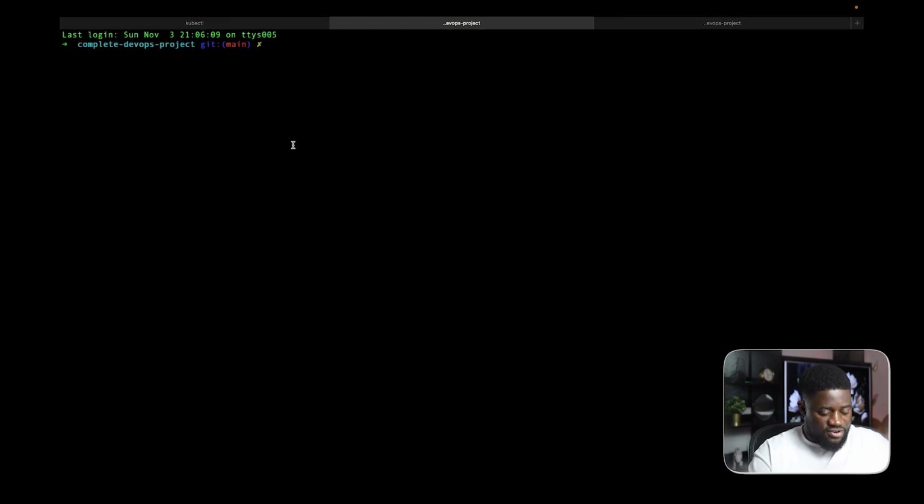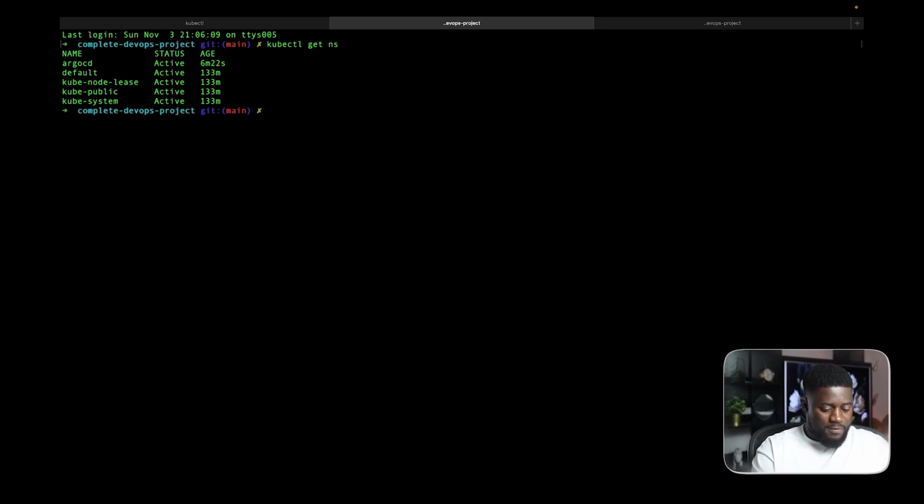And let's see if this session has all the states that we need. So let's just do a kubectl get namespaces. Cool. So the command to get the Argo initial secret is kubectl get secret argocd-initial-admin-secret, then -n argocd, which is the namespace, and then we use the